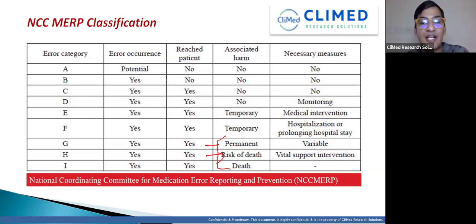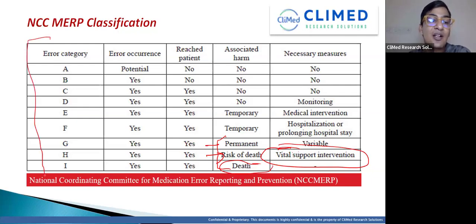Okay, risk of death. So in that case, vital supports are required. The patient will not die, but there is a high risk of death due to the medication error, the medication related problem. And then the last is I, where the error occurs, reaches the patient, and the patient dies because of the error. Okay, so this is the error chart from the National Coordinating Committee for Medication Error Reporting and